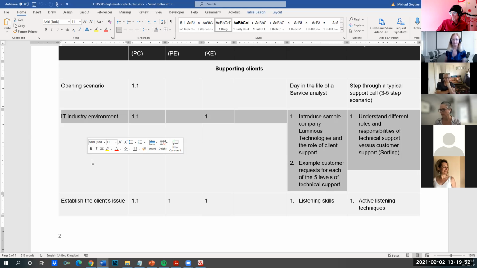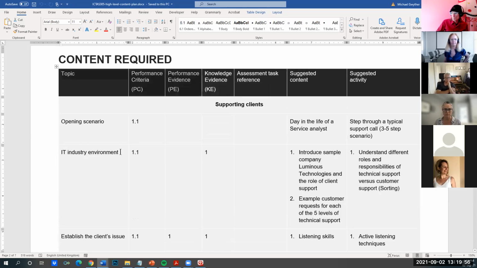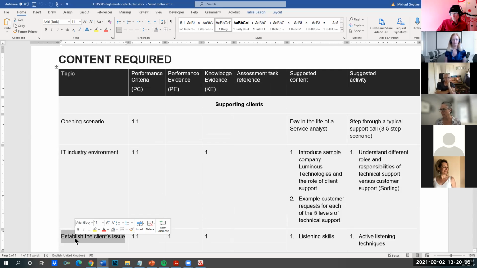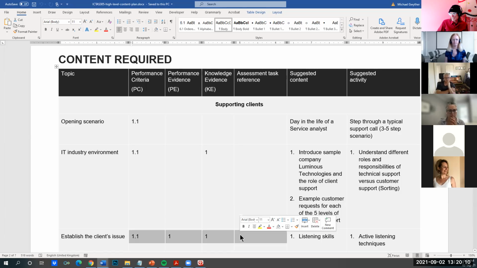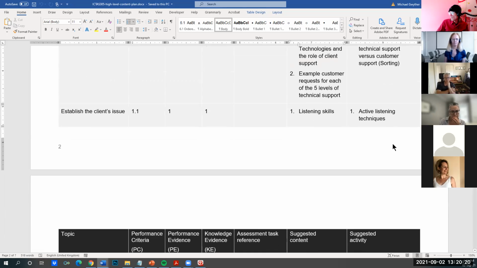So it's a really simple document that just has topic and performance criteria. This topic you can make up, it's your interpretation, similar to how you deliver it in, say, a face-to-face environment with your own themes. These themes are different names from the performance criteria, but you're mapping them against the various components of the competency and the content you're suggesting for that, much of which you'll have, and then what online activities you might do. At this stage, you don't really know, but you're just suggesting what they might be.